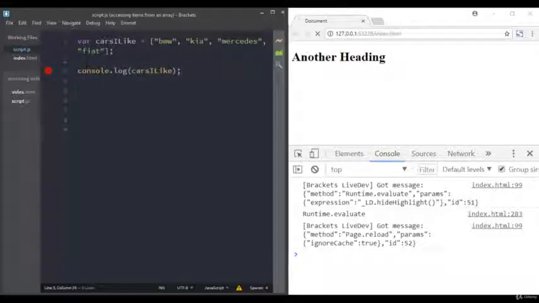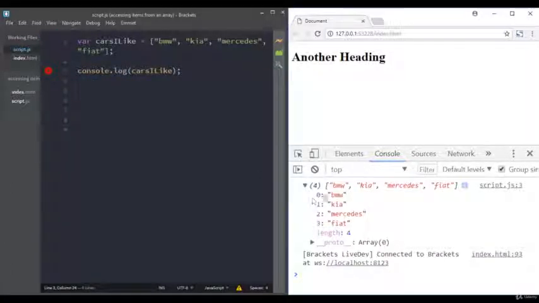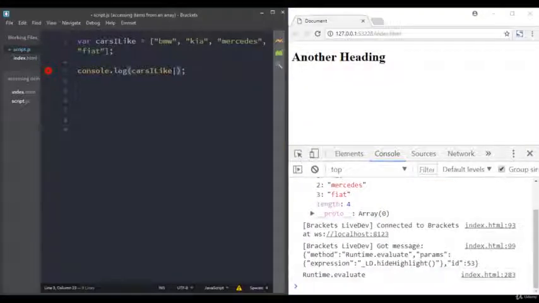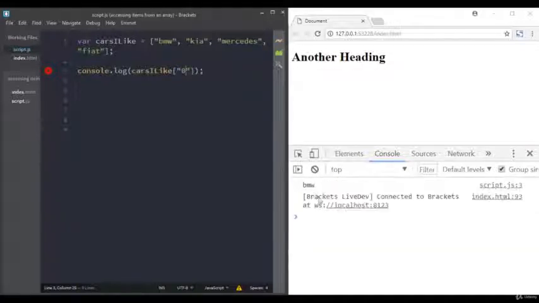Arrays are indexed. This means each item in one array has a number or an index attached to it called a numeric index that allows you to access that specific array item. And in JavaScript, arrays start at index 0. So if you want to access the first item, this is how you do it. Let's console log. Great. So if you want to access the first item here,